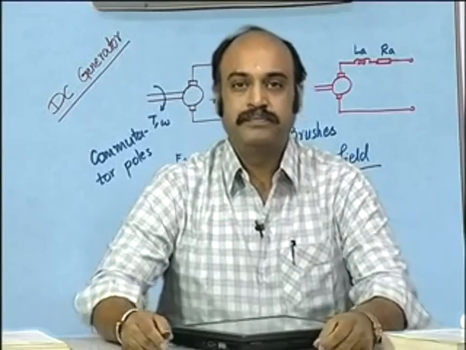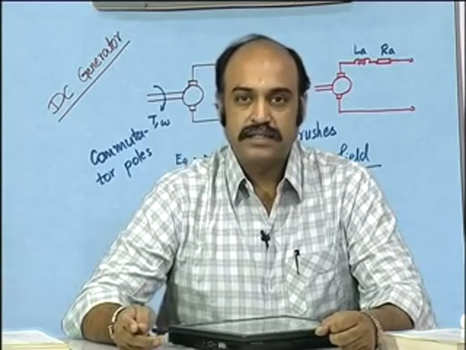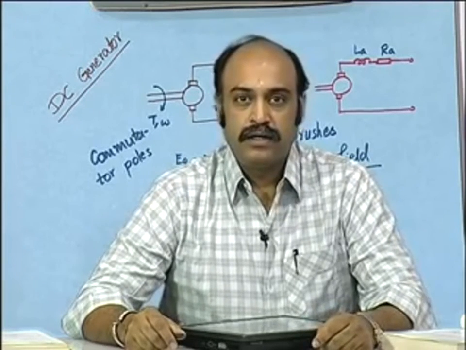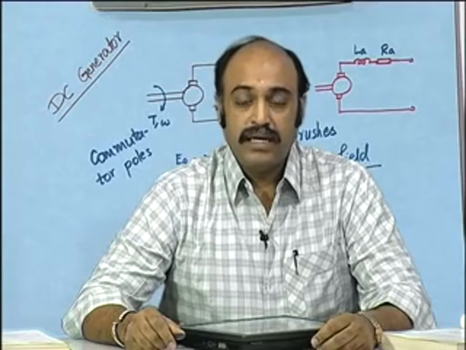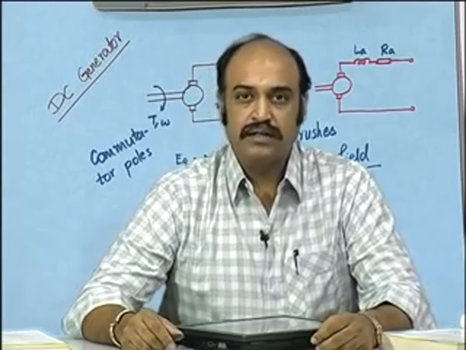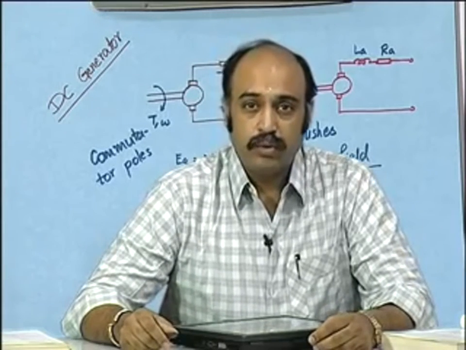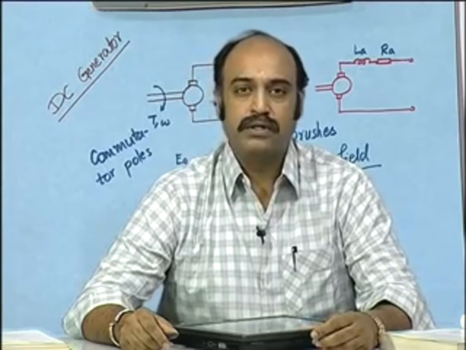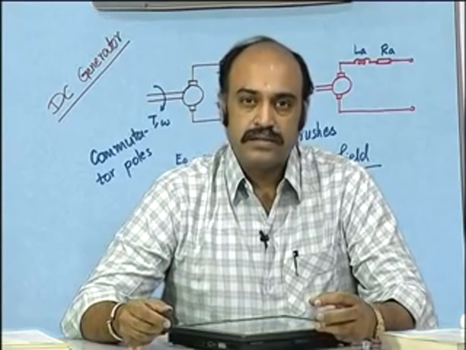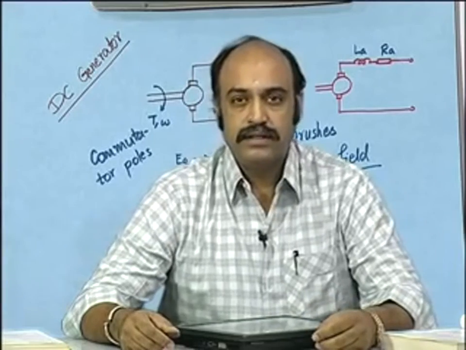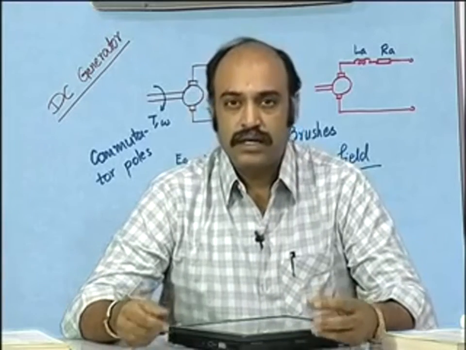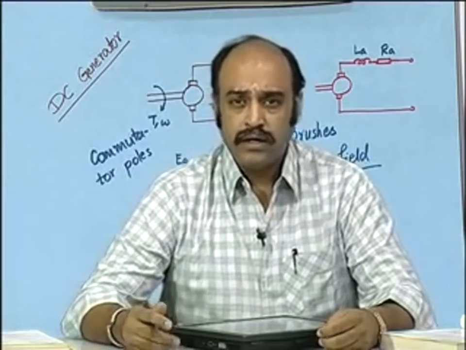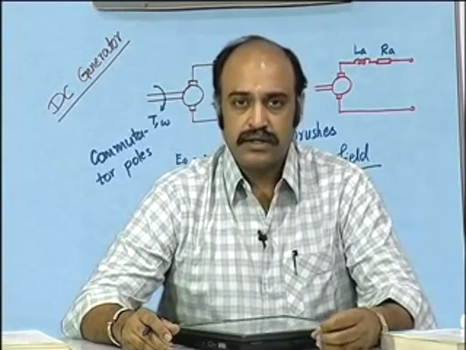Hello everybody. So in the last class we were discussing the DC generator, mainly about the structure of the generator, the way the commutator poles are segmented, the way the brushes are positioned in the neutral zone, so as to get an output that is ripple free, that is containing as little ripple as possible. Today we continue the discussion on the DC generator